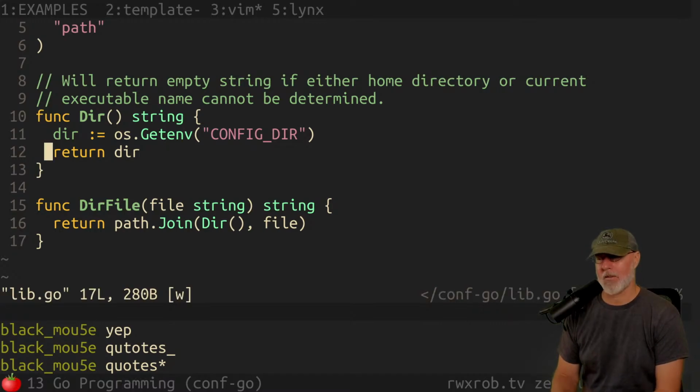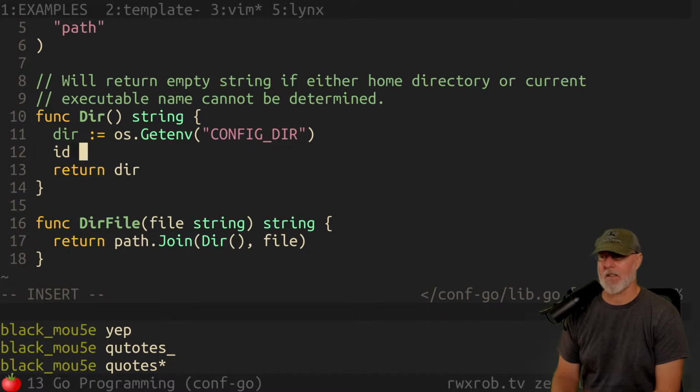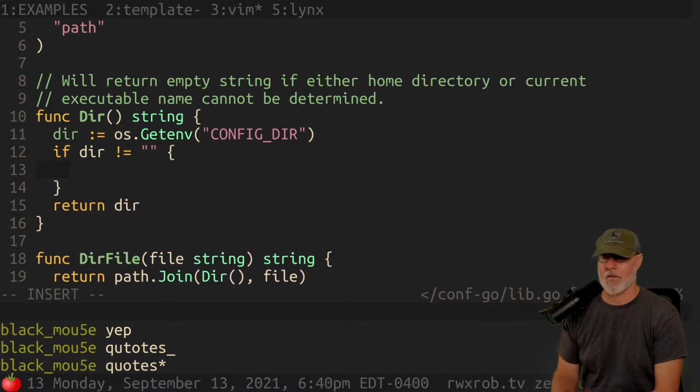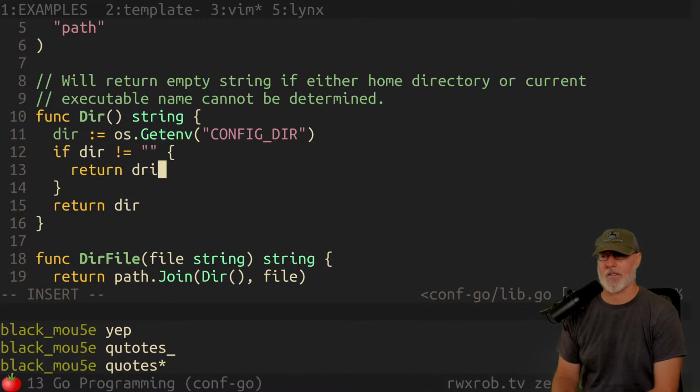So here we do this. We do get conf dir get return, okay, right? And then we say, if dir has something. So if dir does not, this is kind of short circuit logic, right? It's a little bit faster. Say if the dir is not empty, then just return it. We're done. That is super fast, right? If it's not, we're going to keep going.